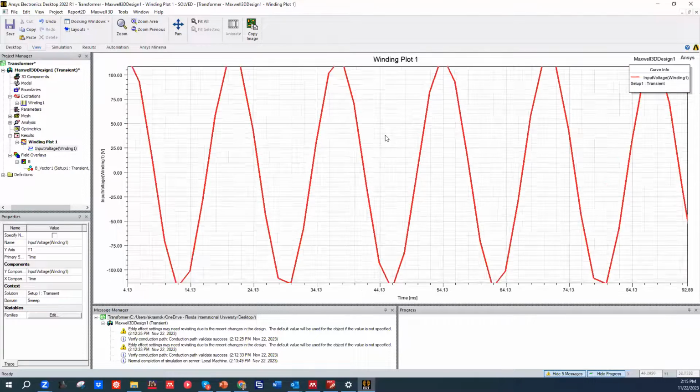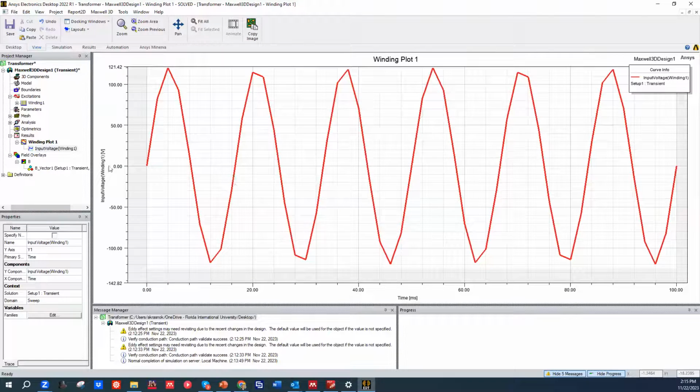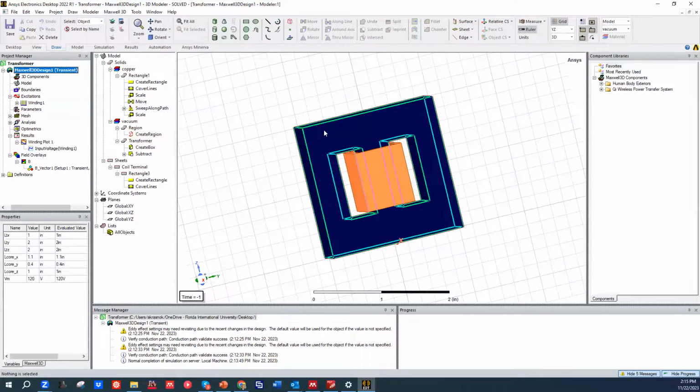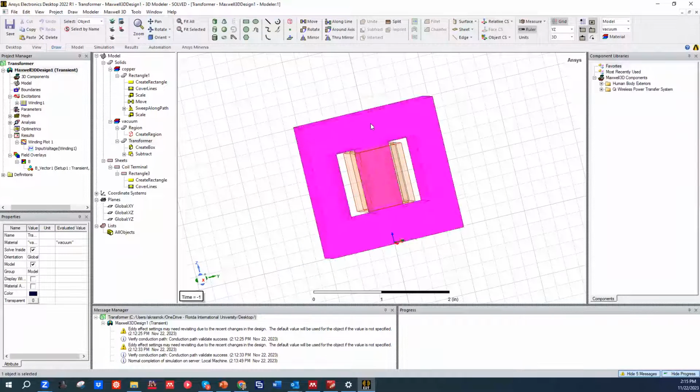So this is the sinusoidal function that we use to drive our transformer. Right, so now we can change the parameters of the core, and